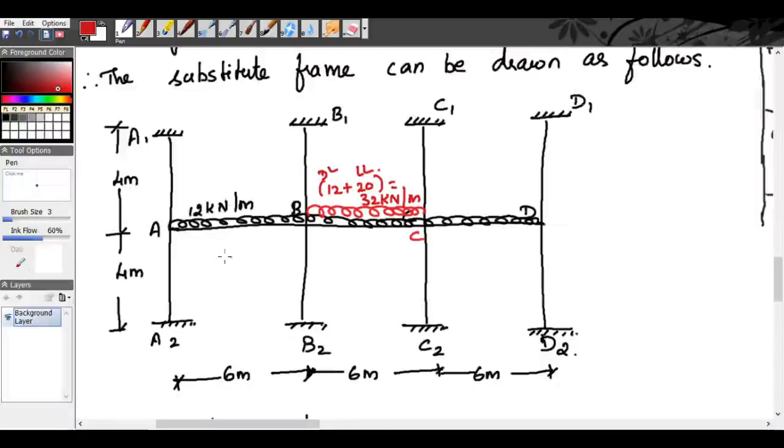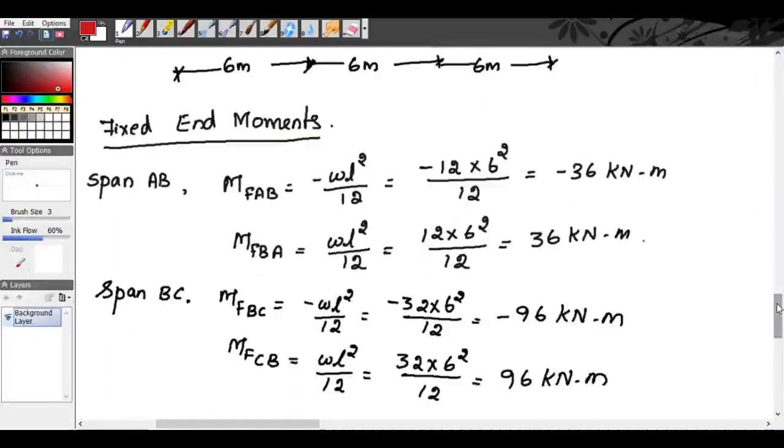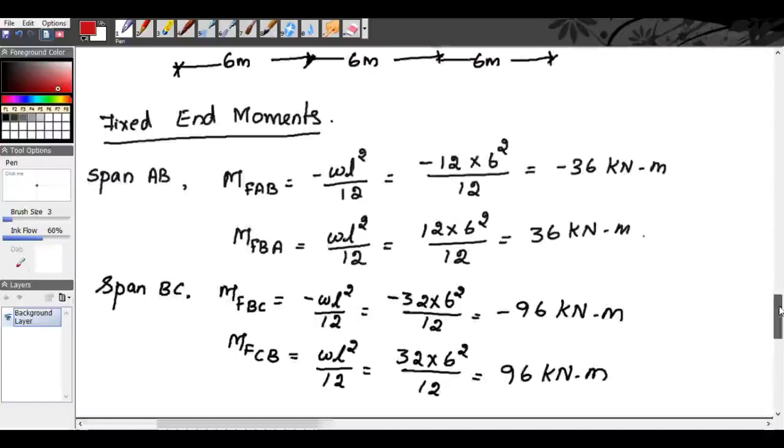Okay, so this is how we will be drawing the substitute frame for the span ABCD at this level, right? Now, first step, because we are using the moment distribution method, the two cycle moment distribution method or approximation method, the substitute frame method, is finding the fixed end moments. So we have three spans,